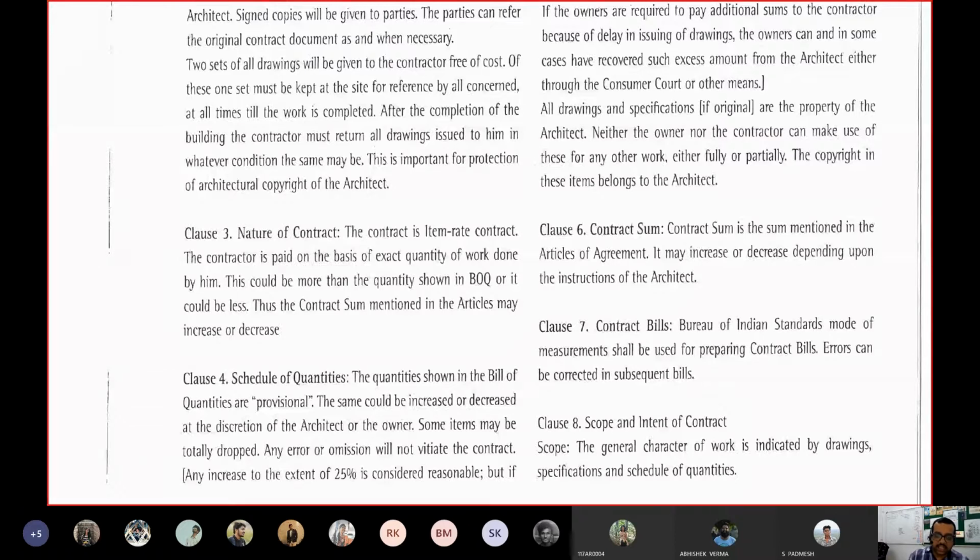Actually, if it is an item rate contract where only the unit rate is quoted, the quantity can keep on changing during the progress of work. As well, you may not require the total bill of quantity, or the total quantity of material and manpower, at the same time. So you can schedule those quantities, schedule the arrival of the quantities also.